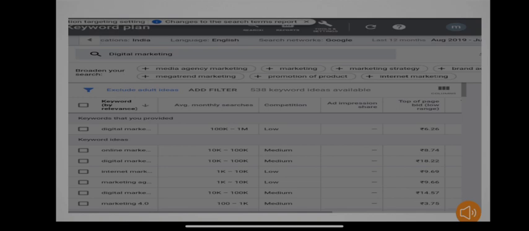Now suppose five people are visiting my website, and on a click of my keyword I have a bid price of somewhat 5,000 rupees. So whenever a user is going to click on my keyword, I have to pay 5,000 rupees. So if five people are clicking on my link, then I will have to pay 25,000 rupees, because for a single click I am paying 5,000 rupees.